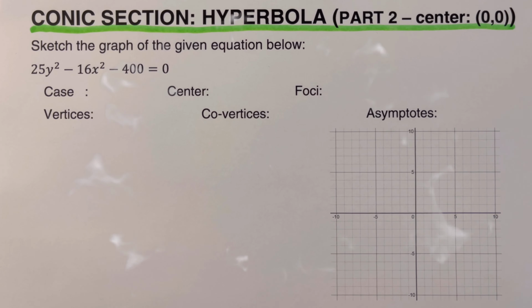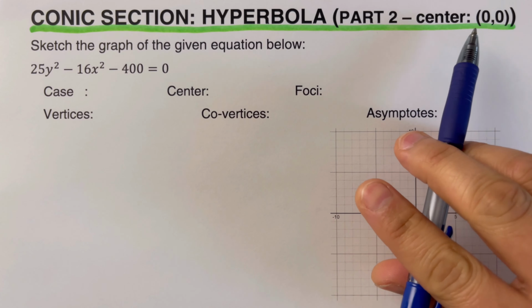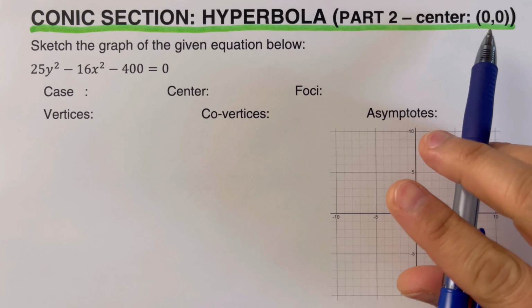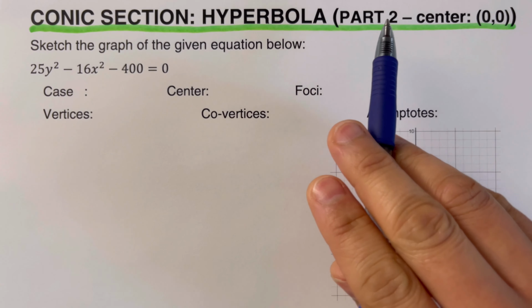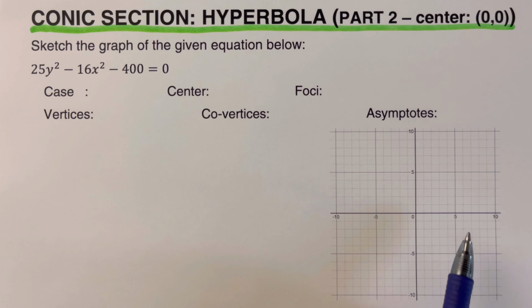Hello everyone! This video will focus on conic sections, specifically on hyperbola with center at (0, 0) or at the point of origin. And this is the second part. In this part, we're given the general equation of a hyperbola and we're supposed to sketch the graph and fill